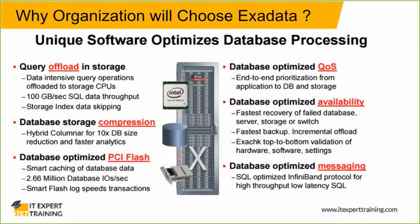It's not that this entire Exadata machine can be broken apart and then somebody can actually play around with it. No, these are standard protocols defined, and you will have to understand what is supported, what is not supported, and how do you do it. The reason behind this is